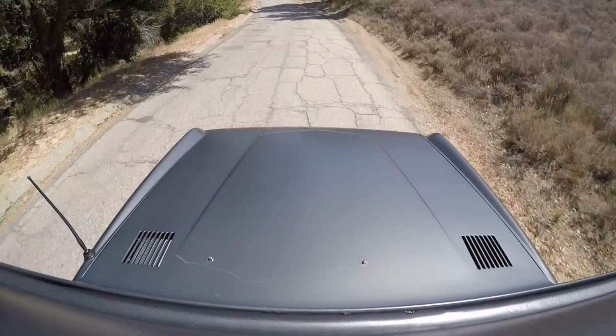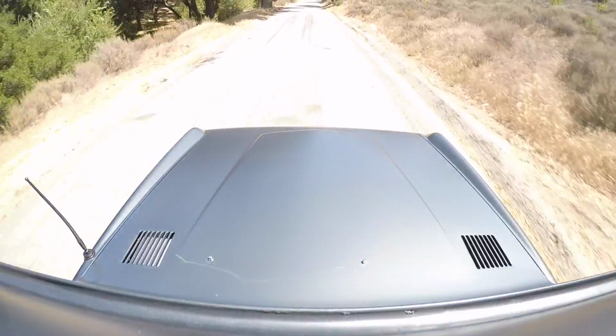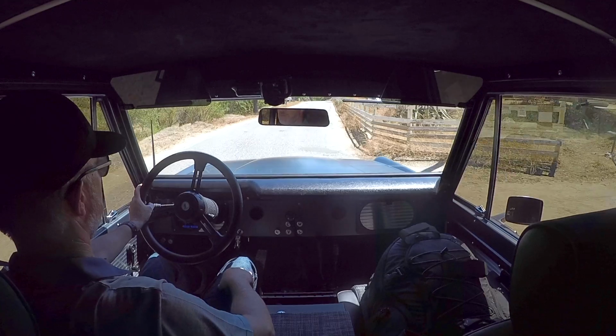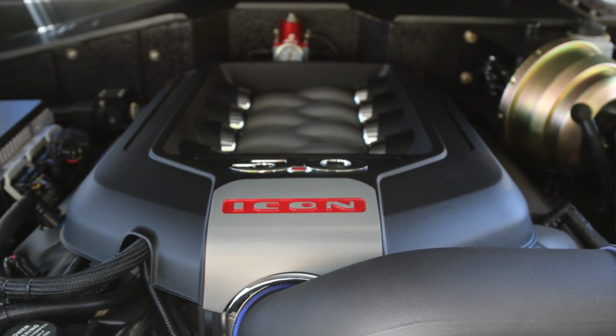The back order on them is years into the future, and we need to learn to scale production and reduce the fill rate. But as I'm learning, that is a completely different battle than designing and engineering and getting the truck right. So anyway, we're running the Coyote